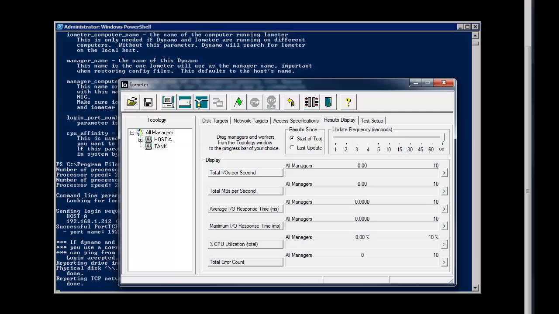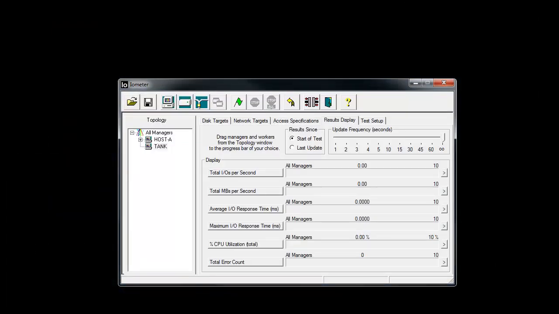So go ahead and minimize this. And as you can see, host A was brought in. So let's expand that out, and it picked up the worker disk as it did when we brought in our initial host. So we're going to clean this up because we're not doing any disk testing. So I'm going to detach that thread. Okay, good. All right. Now, it doesn't matter which host you start from, but for the purpose of this tutorial, we'll go ahead and start from our iometer controlling host, which is tank.